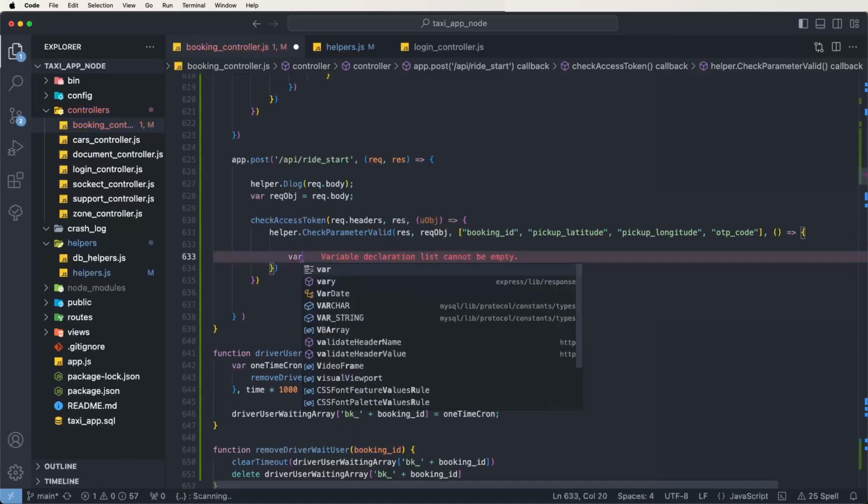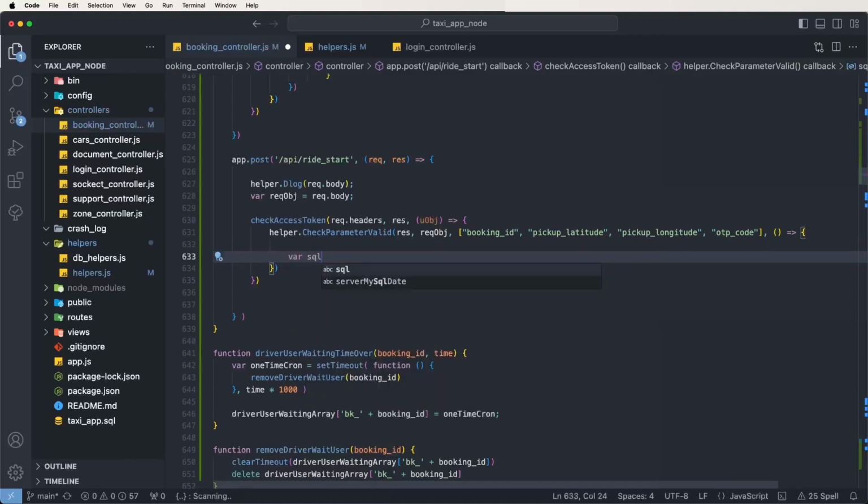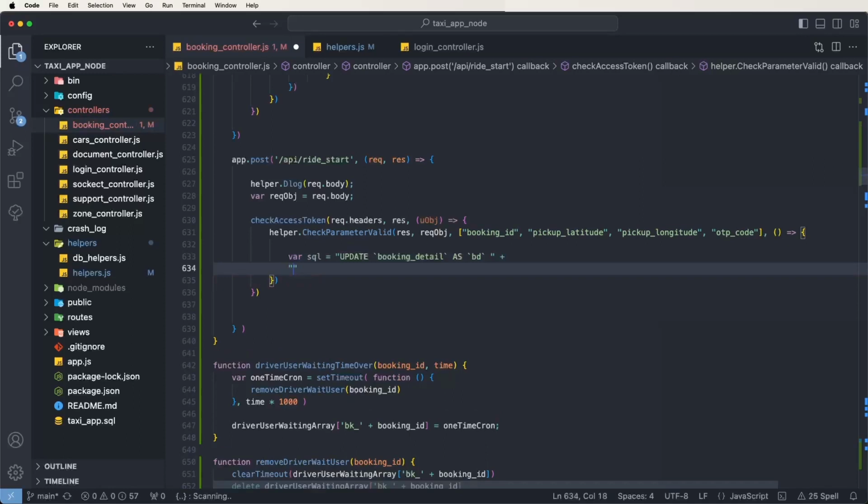Now we need to write down the SQL query. SQL is equal to: UPDATE booking_detail as BD, and we need to call inner joins, user_detail,